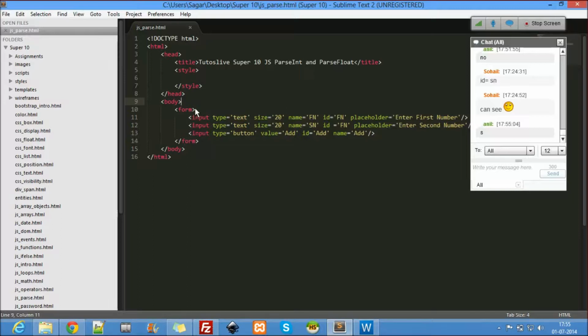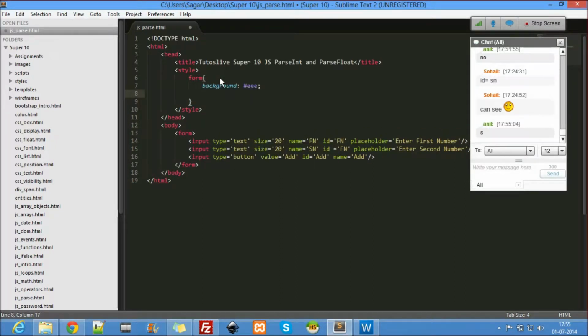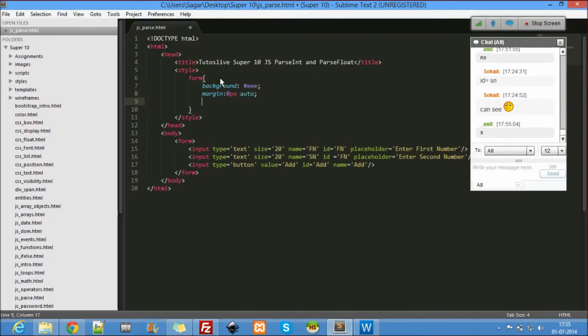Always keep them inside a form. You don't have to write anything unless it's required. So here I'll style the form itself. Background, margin 0 pixel auto, width 60%.